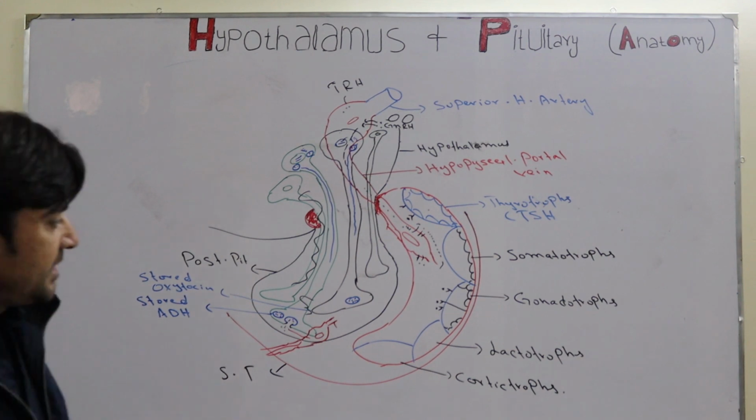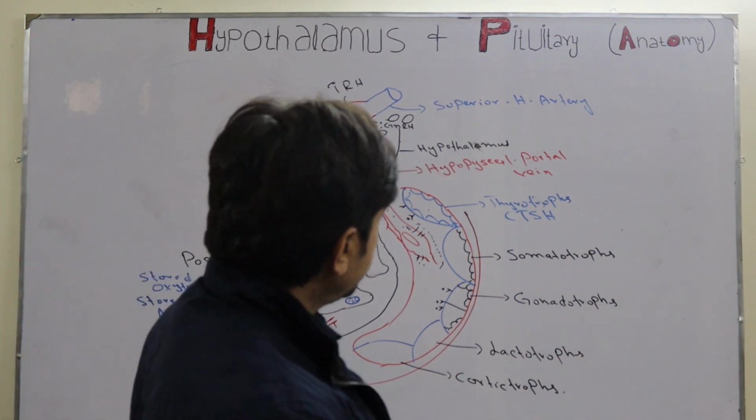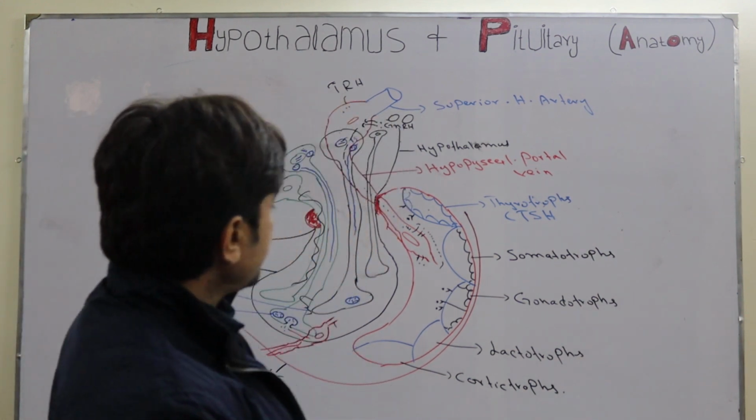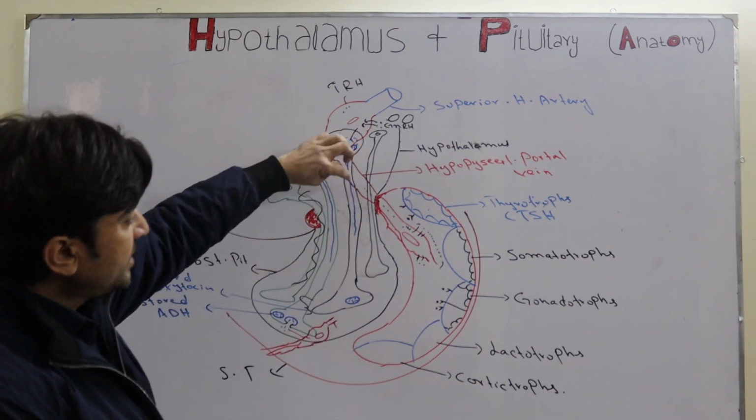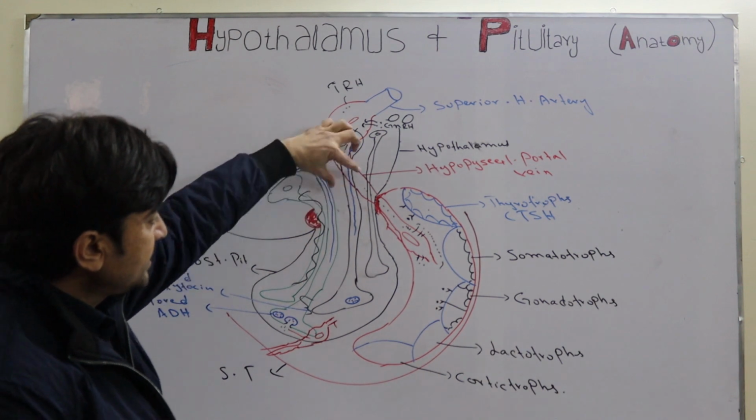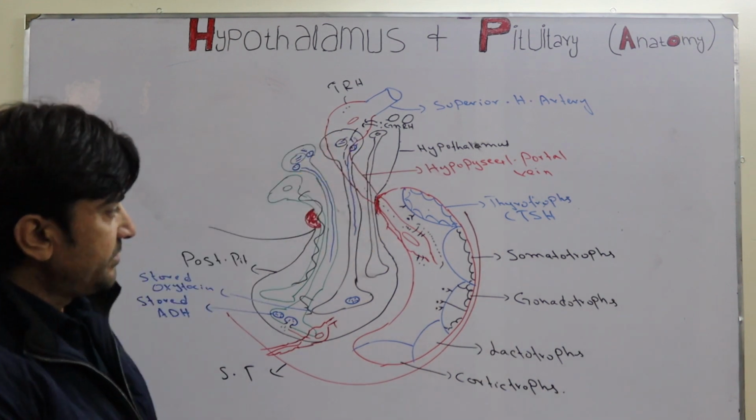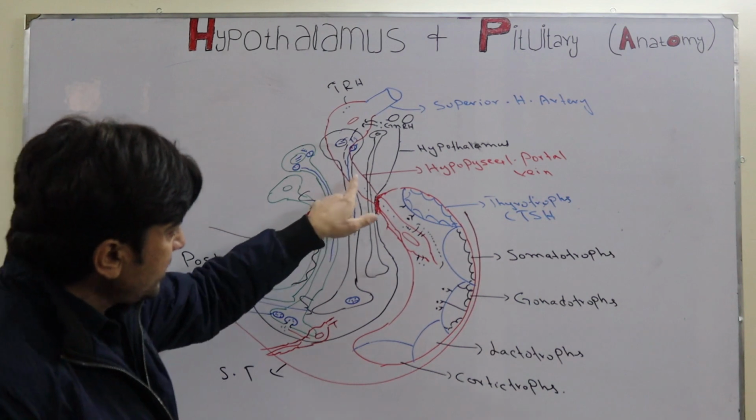So this was all about how the hypothalamus and pituitary are connected with each other. They are connected with the help of the infundibulum or pituitary stalk, and as you know, the infundibulum consists of neuronal fibers and some blood vessels. And one thing more, why this vein is called